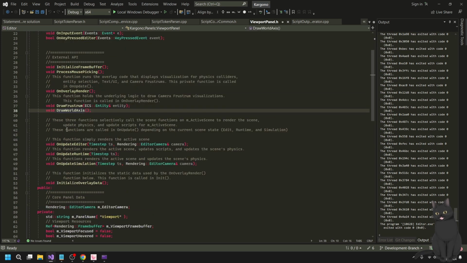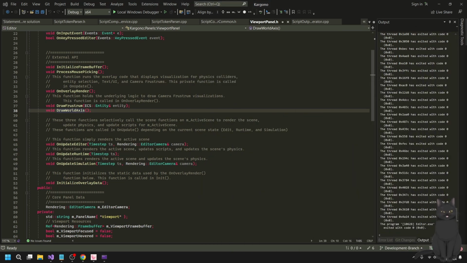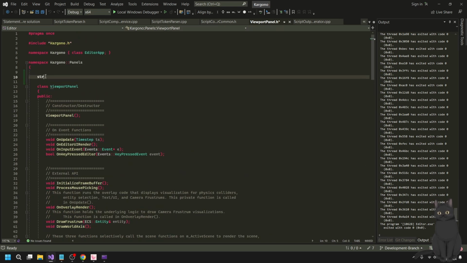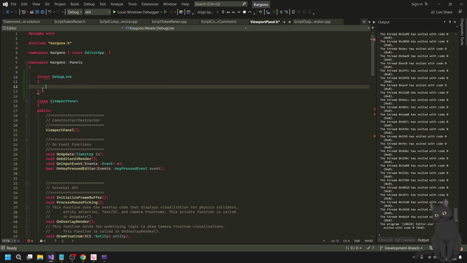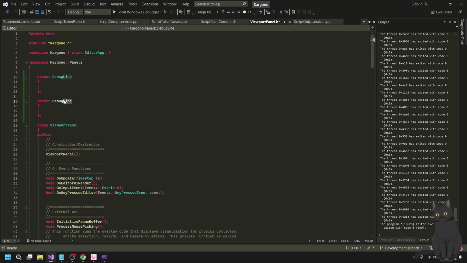So I have a draw world access section. Let me pull this over here so I can read it. So the first thing up here, I'm just going to add DebugLine and DebugPoints.